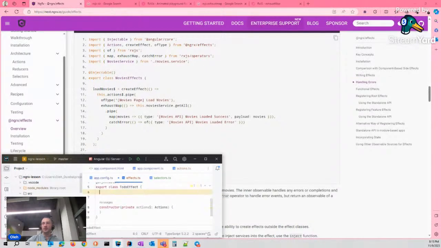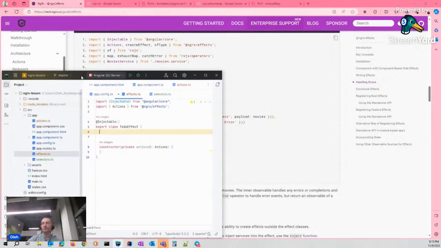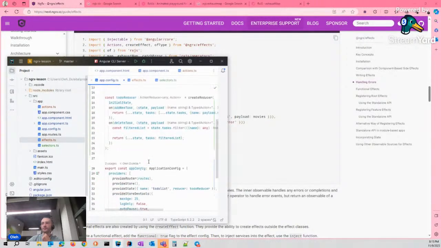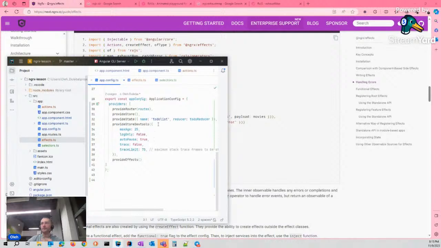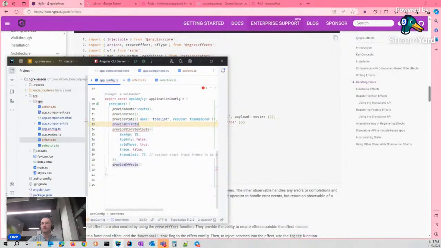Okay, and we have to pass these new effects into our configuration. Here, config along with our state. Provide. Just had one.